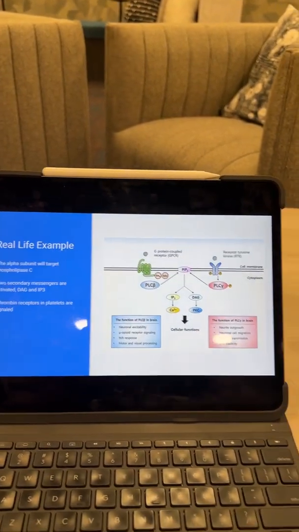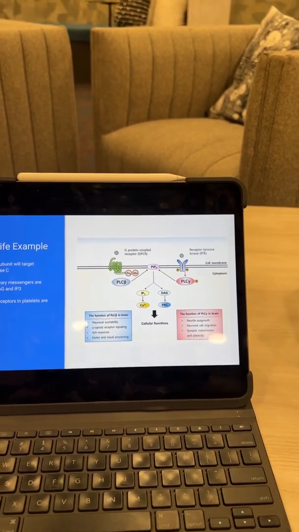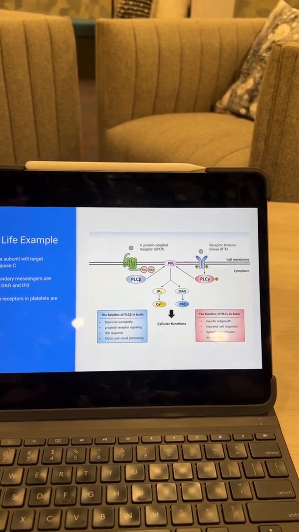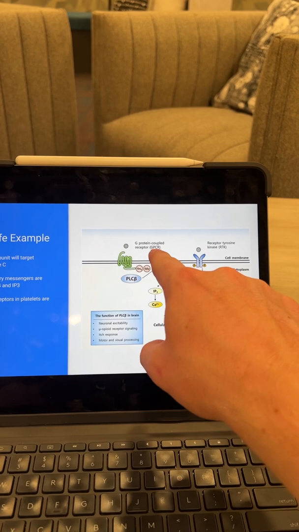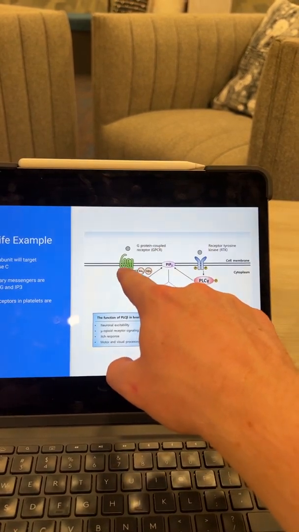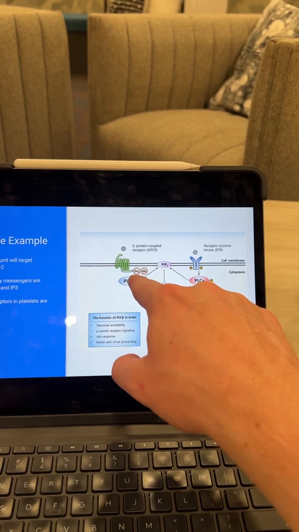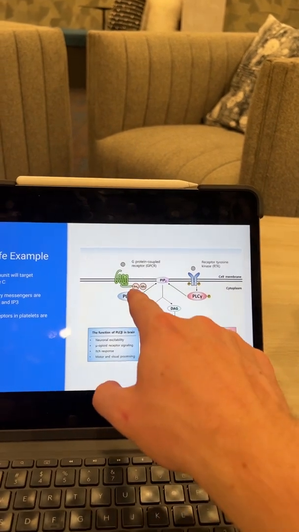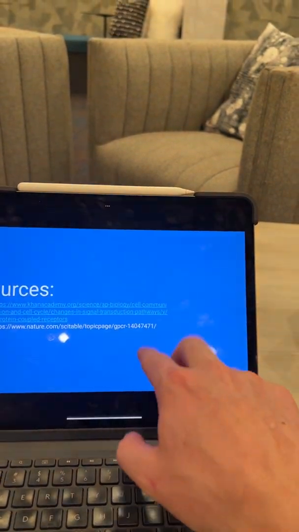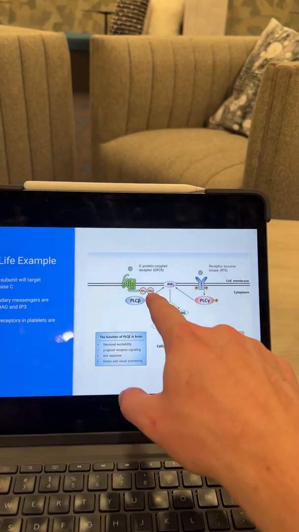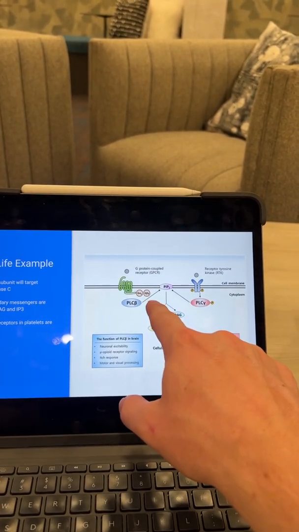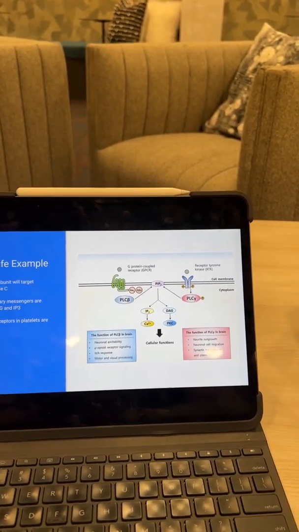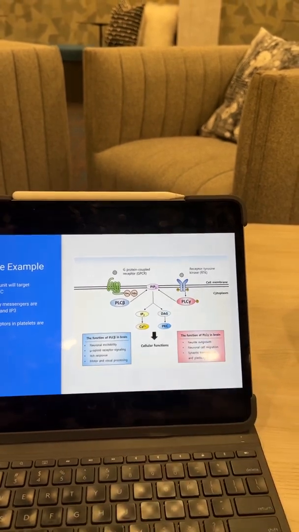And so a real life example of this is the alpha subunit will target phospholipase C, and so once this G protein coupled receptor binds here, this is the G protein receptor, and this is the alpha subunit, and then the beta and gamma subunit, and then the GTP will create separation, and then you'll have the dimer between the beta and gamma subunit, and then you'll have the alpha subunit, and these will create 2 secondary messengers, DAG and IP3,